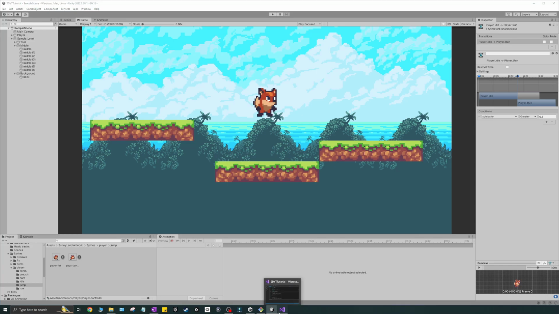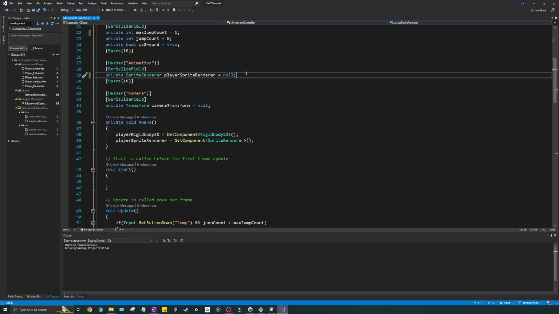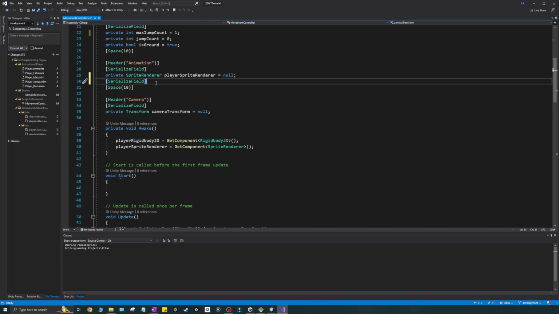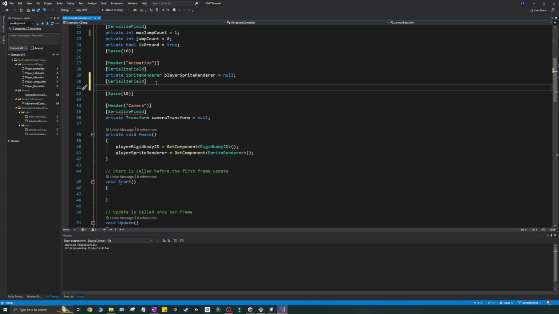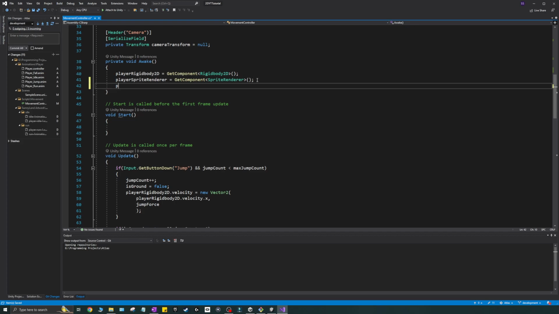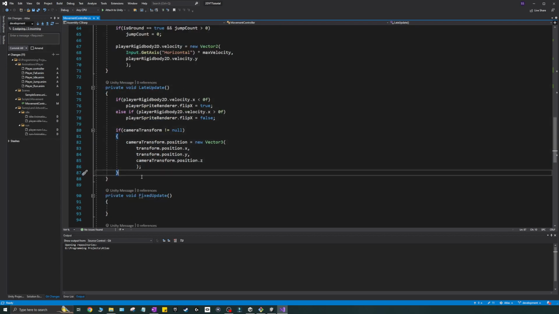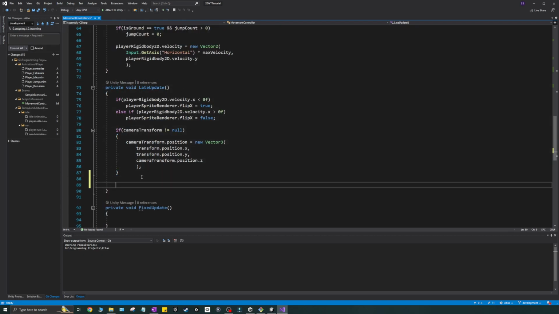So if I open my code, we're going to add the animator here just so we can access that, since that's where the parameter exists and that's where we want to set it. I'm just going to say private Animator playerAnimator, and we'll set that to null. Let's go to our Awake and we'll say playerAnimator equals GetComponent Animator, like that. And we'll go to the LateUpdate, and at the bottom here,